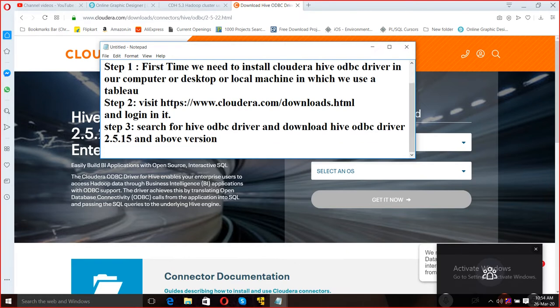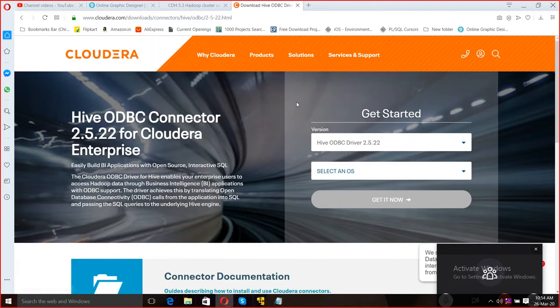Right, and thereafter once you have found your desired versions from the official Cloudera website,